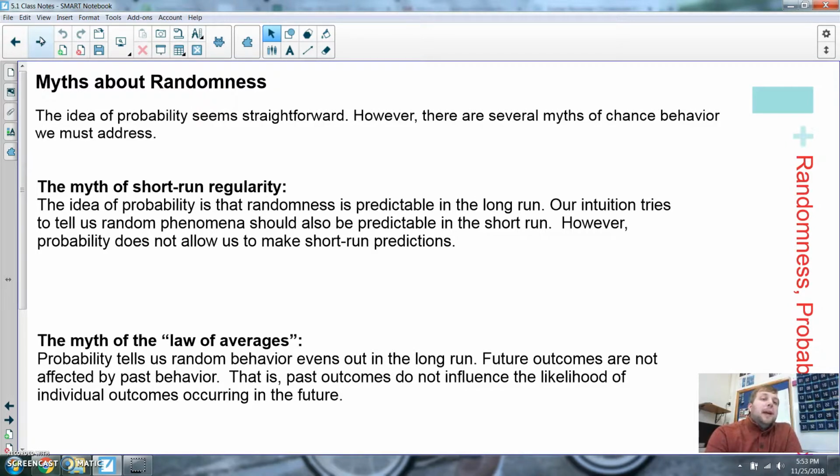Myths about randomness. We have 2 myths that people are always doing, especially the bottom one. But let's talk about the first one. Myth of short run regularity. This is the myth